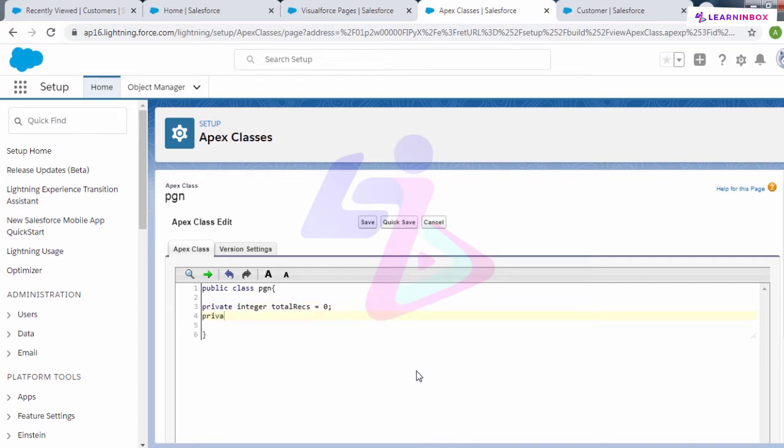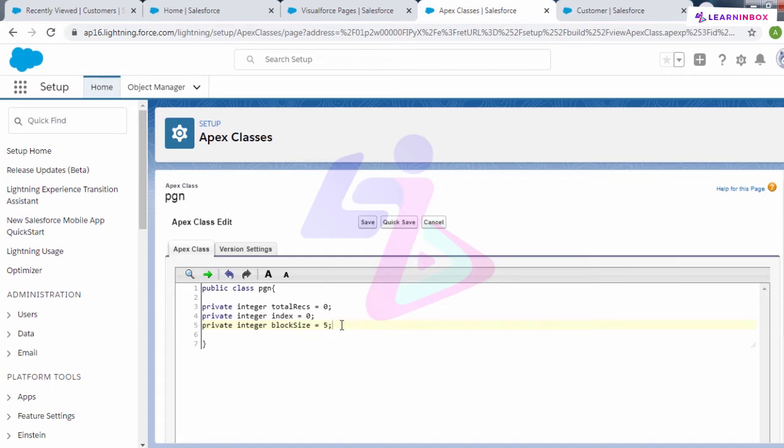Then let me have some more integers. Index, its value is 0, and the last one is block size. Let me take it as 5.